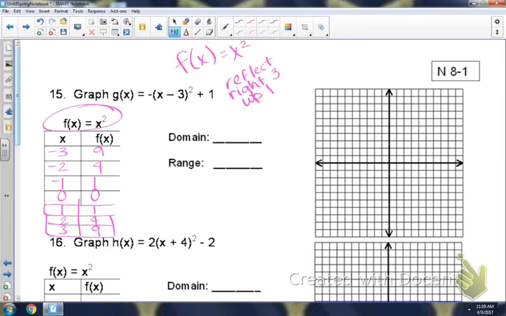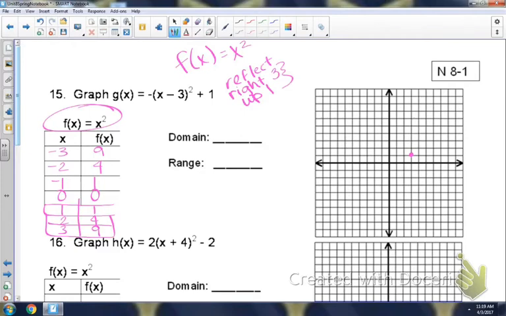Okay, so what you need to do first at the very beginning is shift your vertex wherever you need to shift it. So notice that it says right 3 up 1. So from the origin, go right 3 up 1. There's your new vertex. From here, we're acting like that's the origin, and we're plotting those points from our parent